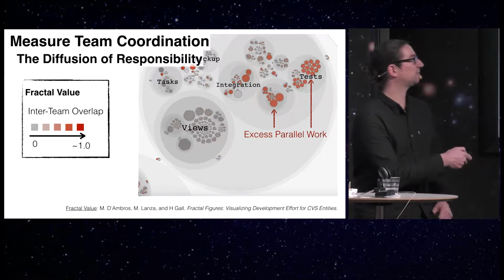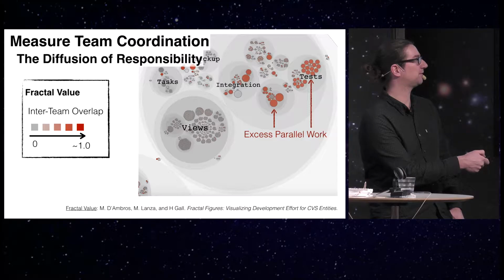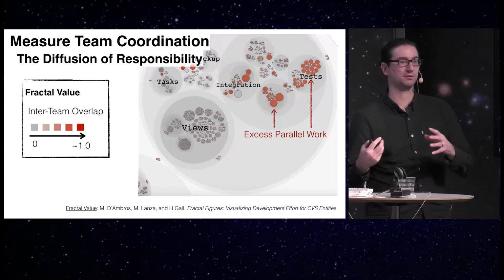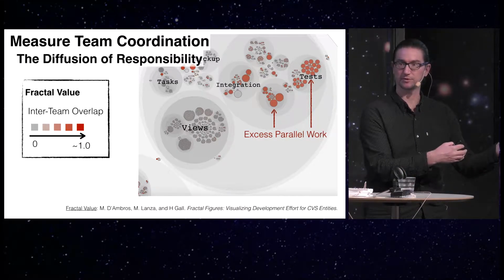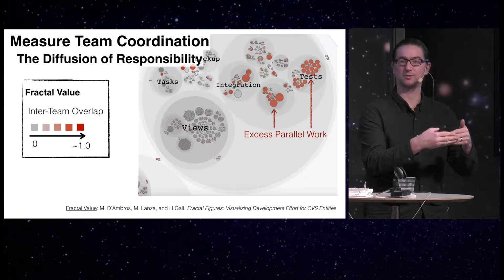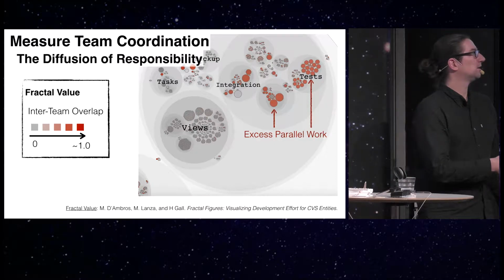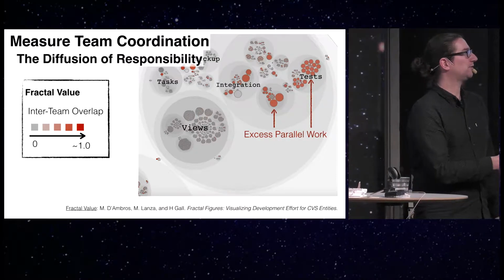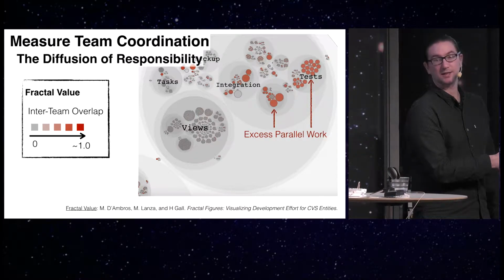And what this does is basically help us identify that the more red something is, the higher the potential process loss in that part. Because if we have 5 different teams that all work with a part of the code, it's going to be expensive. The bad news is that it's usually pretty hard to act upon this data.